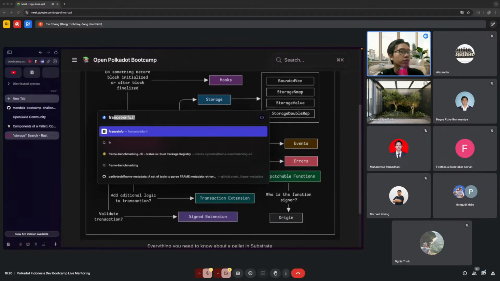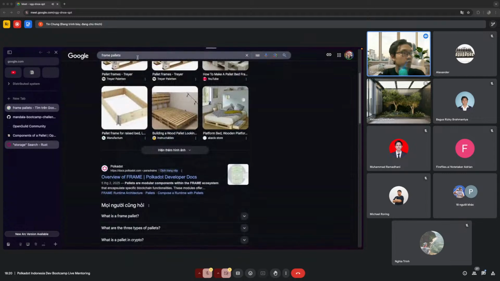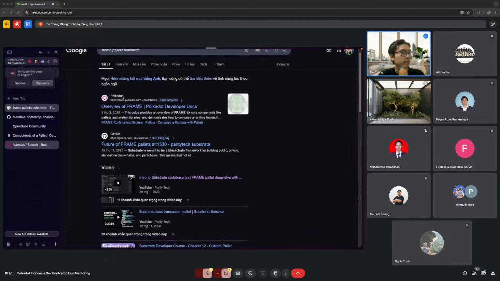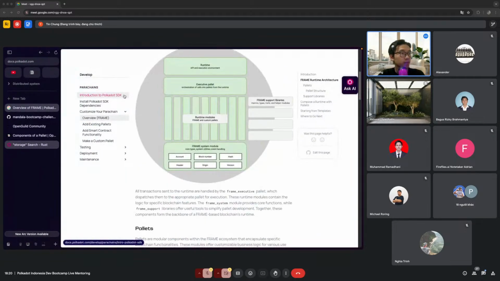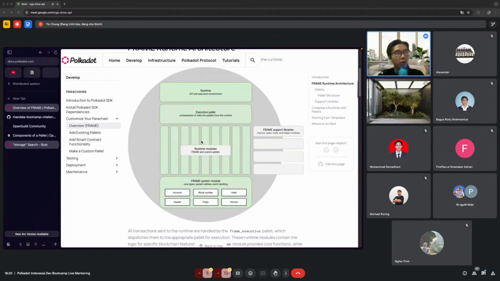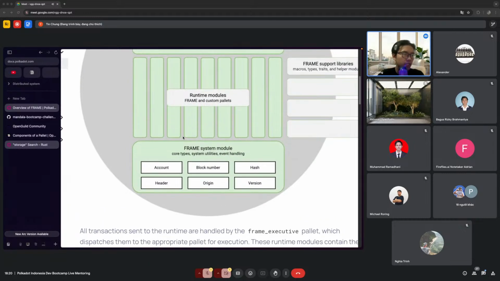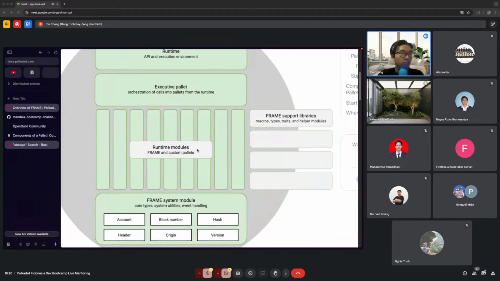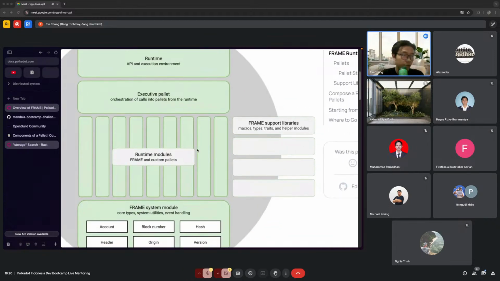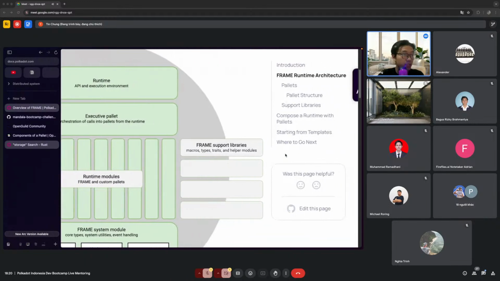And to discover all the modules, you can go to FRAME Pallets, Substrate. When you click on it, you can see that in any Substrate runtime, it already has some foundational pallets, like here is the system pallet, and you also have a set of support libraries on top of the system pallet.